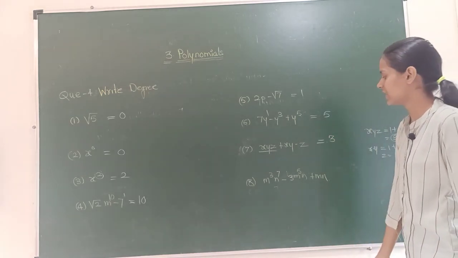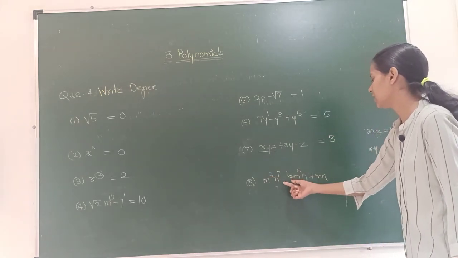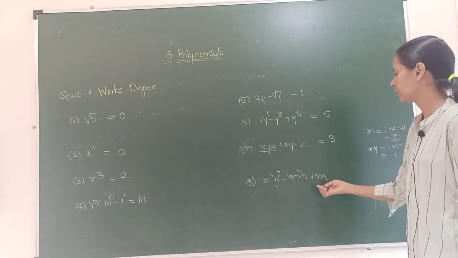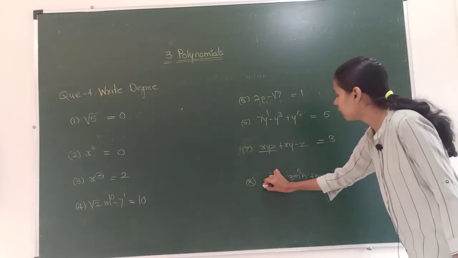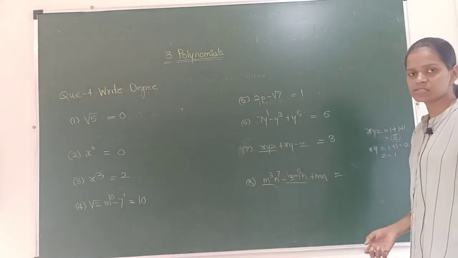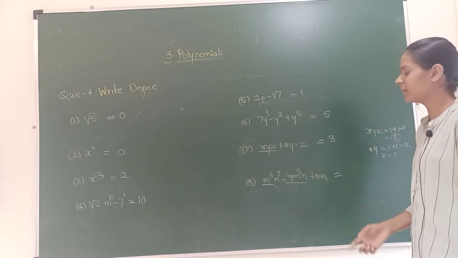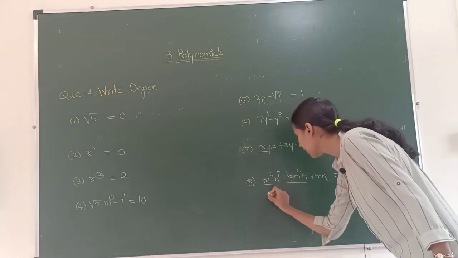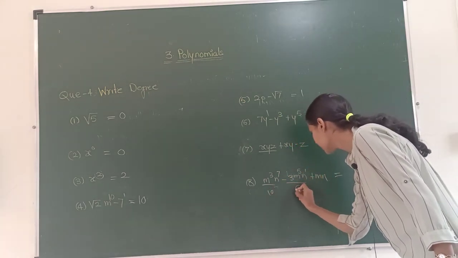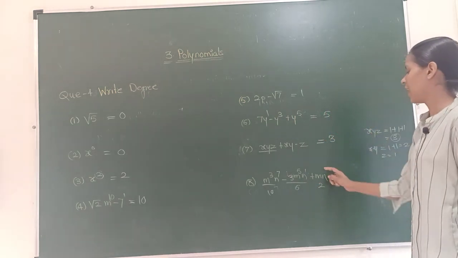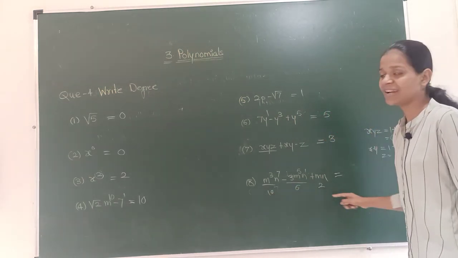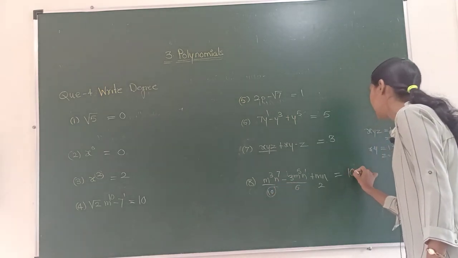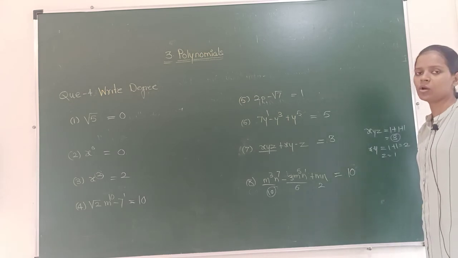Similarly, we will do this for this example: m raised to 3 n raised to 3 minus 3 m raised to 5 into 7 plus mn. For these variables we will do the same. We have to add the powers in a single term. For this term 7 plus 3 is 10, we are adding powers. Then 5 plus 1 is 6, and 1 plus 1 is 2. So the greatest addition will be the degree. The greatest addition is 10, so 10 is the degree of this polynomial.